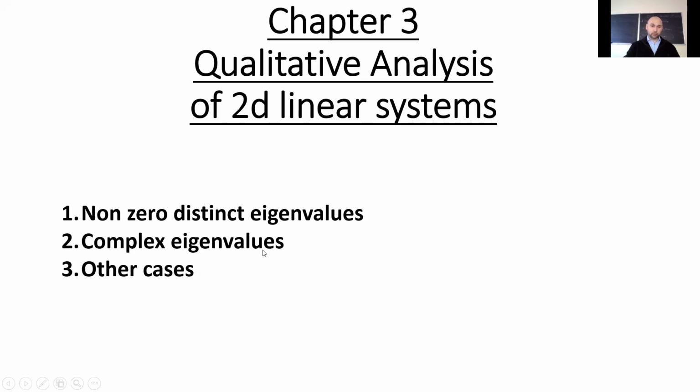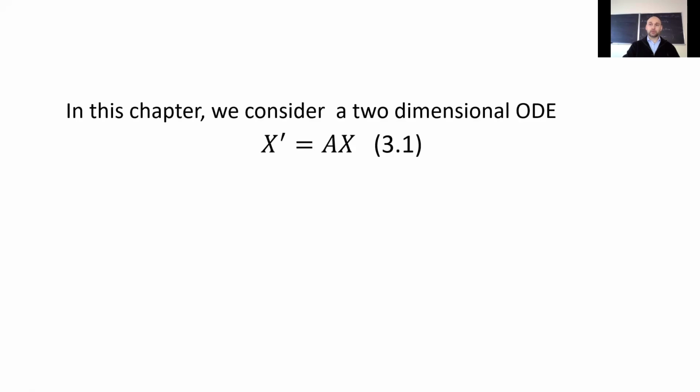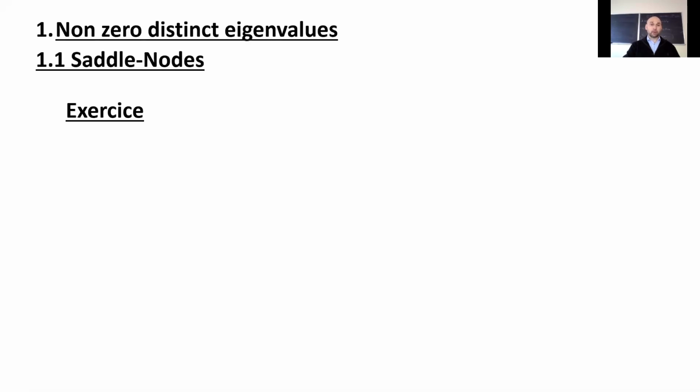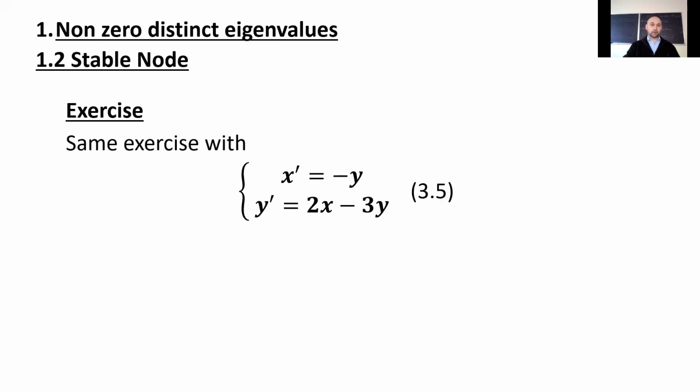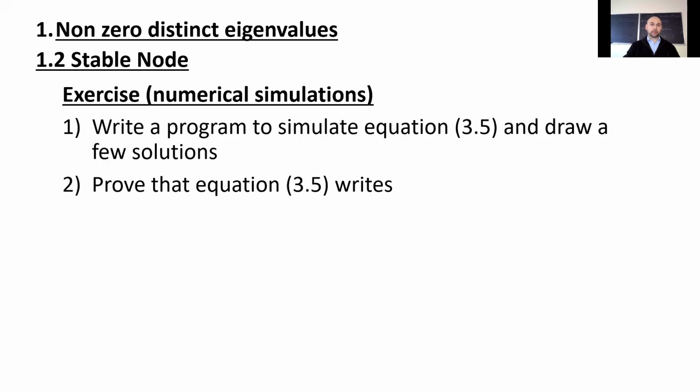So we studied the case where one eigenvalue had a real part 0, and the case where the matrix was diagonal. Now we are dealing with the case where we cannot diagonalize A and the eigenvalue is multiple. So we're considering